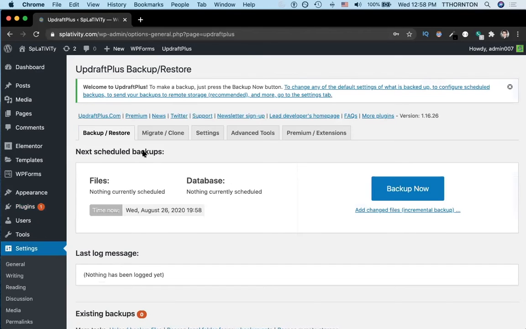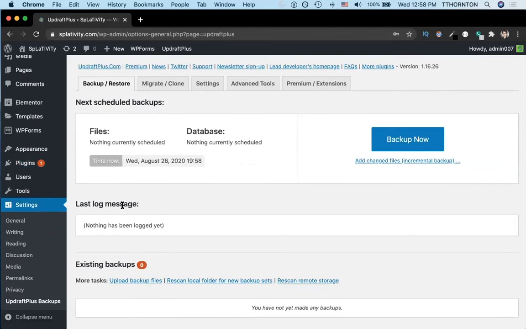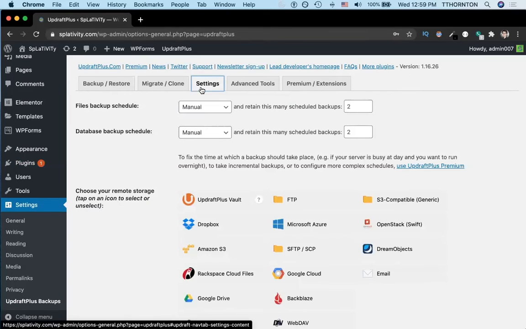Now, there are a few items that'll draw your attention. First is this series of menus here. So you have Backup Restore, Migrate Clone, Settings, Advanced Tools, and Premium Extensions. We'll go to the settings in a little bit, but you can do your first backup, or you can find the log message, or if you had existing backups, you can do that. What I like to do is first go to Settings, and then you'll see that there's a